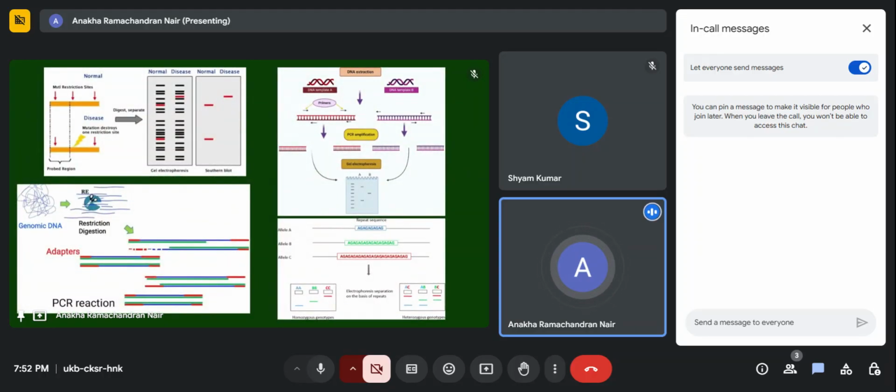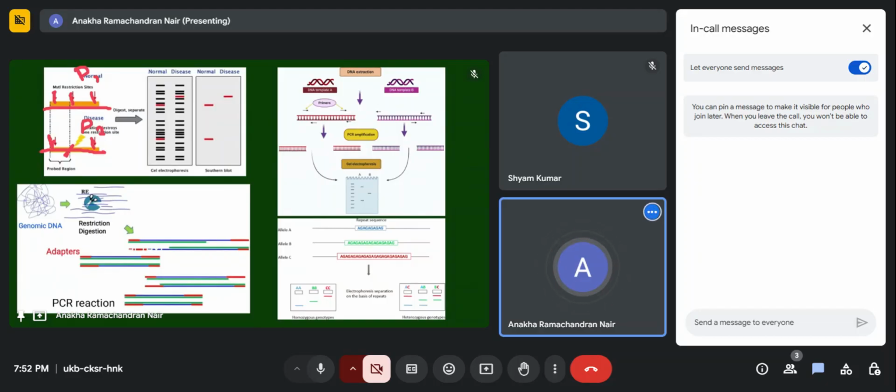So RFLP uses restriction digestion sites, right? Let's first see what it stands for. It's restriction fragment length polymorphism, right? So in this case, you can see that this stretch of DNA has three EcoRI sites, and this is a different state. So this is saying normal and this is saying disease. It can be plant one, it can be plant two also, right? So this has only two because a nucleotide here has changed, and that has changed the restriction sites.